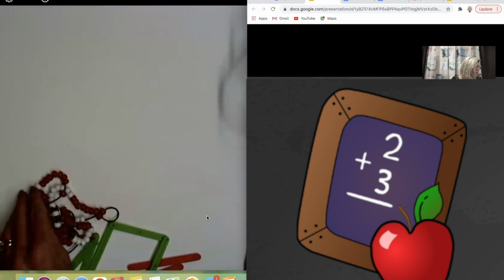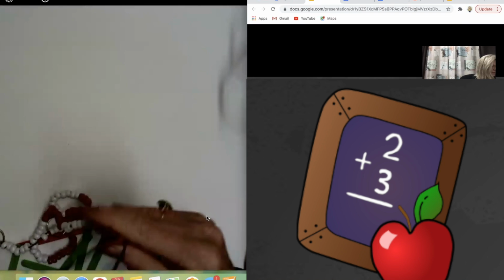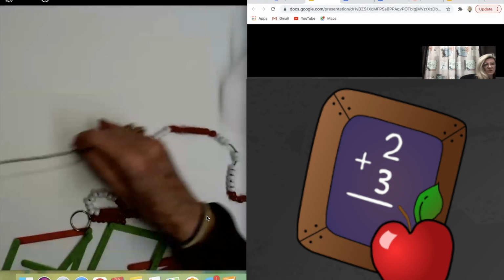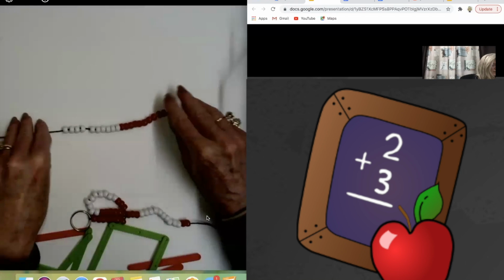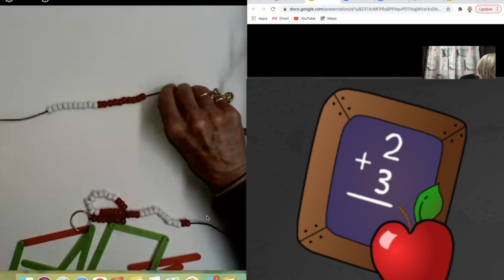Okay, I'm going to share with you a couple more that I had. If you think of something, please by all means just jump in there. Let's look at your bead string. The bead string is an awesome tool to show groups of.